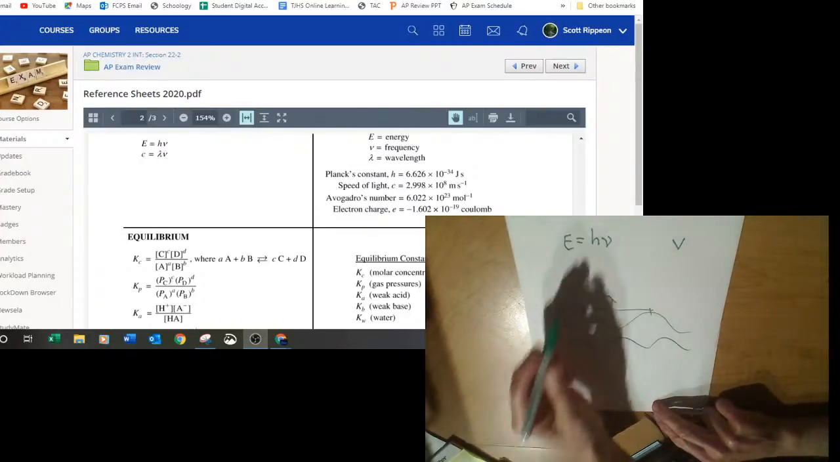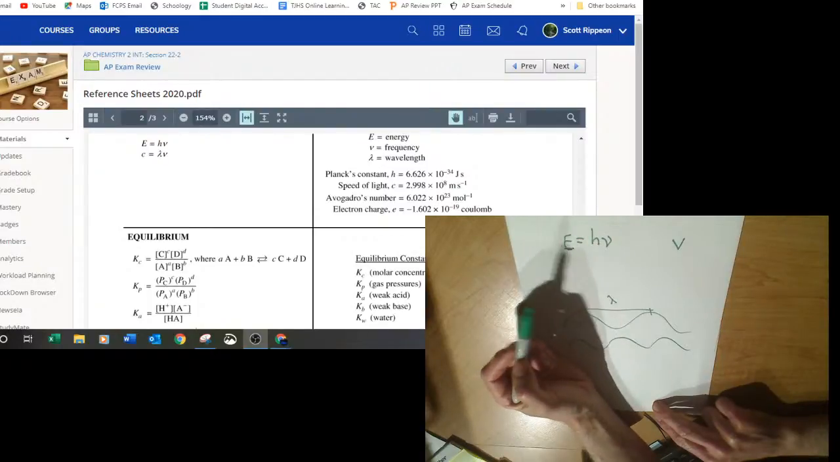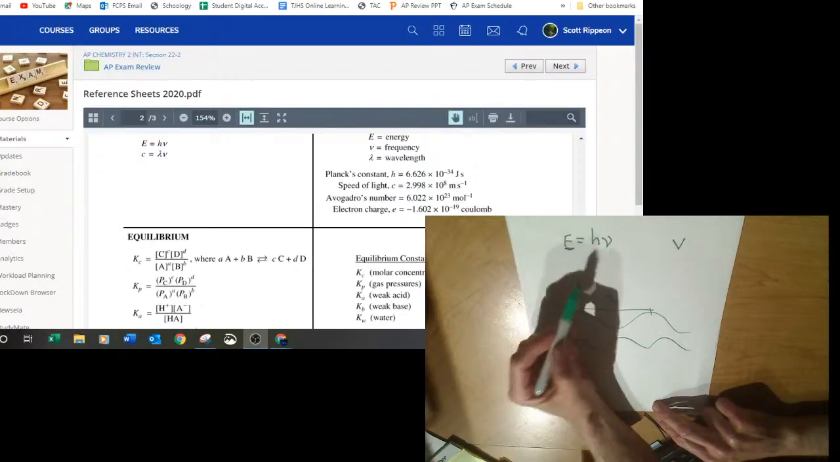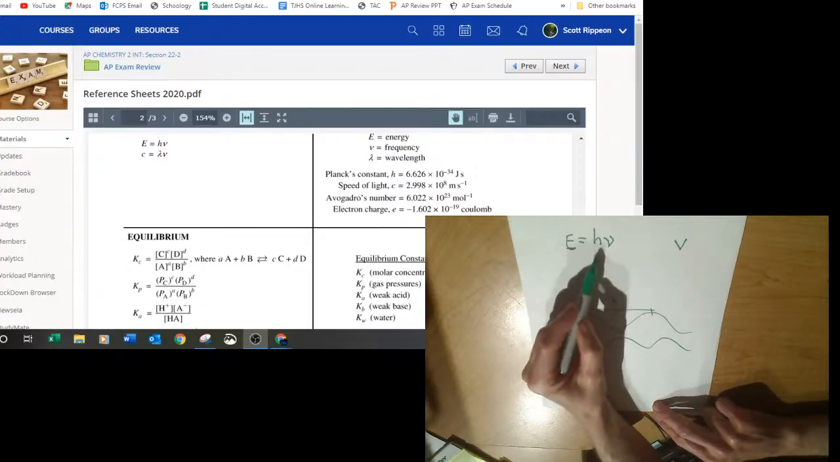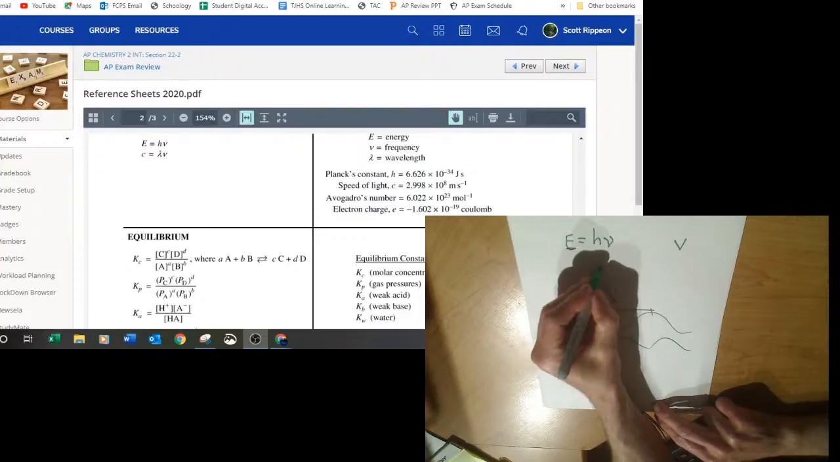Now, the things with which you have to be careful. Energy, sometimes they'll ask for the energy per mole of photons, or per mole of a substance. Or sometimes they'll ask for the individual particle. Alright? So again, if you look at Planck's constant, 6 times 10 to the negative 34th joule seconds. Okay, the reason that's that weird unit joule seconds is because